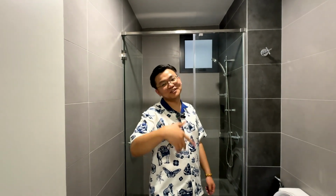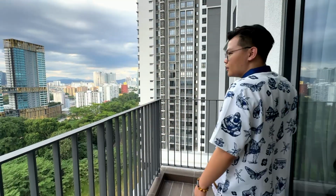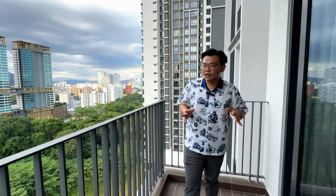We go where? Wow. Okay, we go up. Okay, we finished talking about the unit. I think we can do a bit of a conclusion, one of the points here before we head up to the Sky facilities. So after walking around the entire unit and looking at the things provided by the developer,